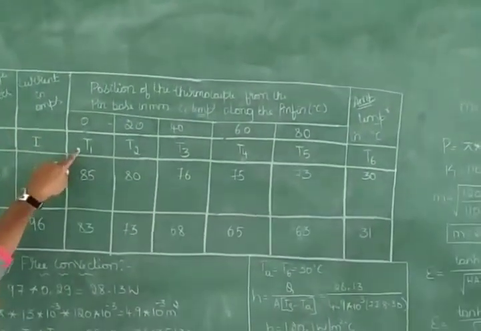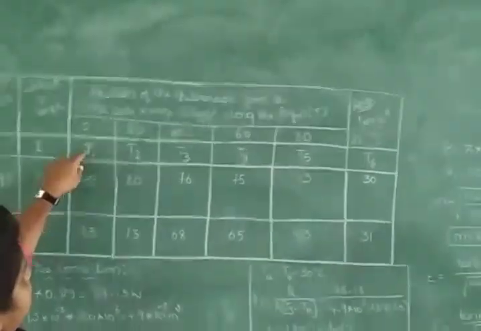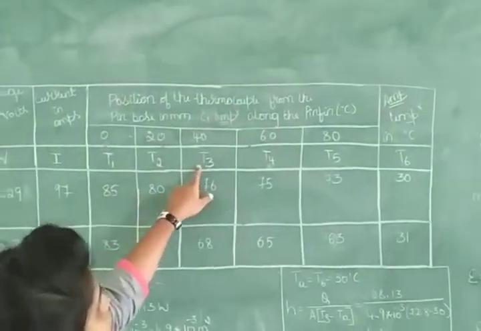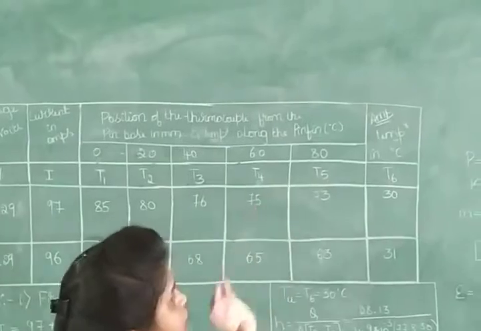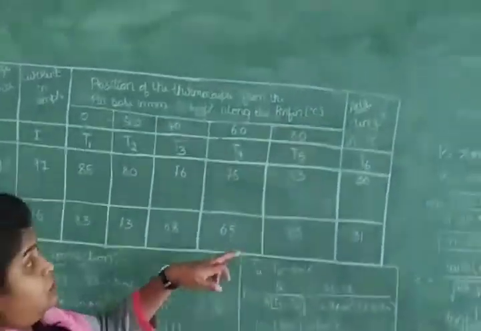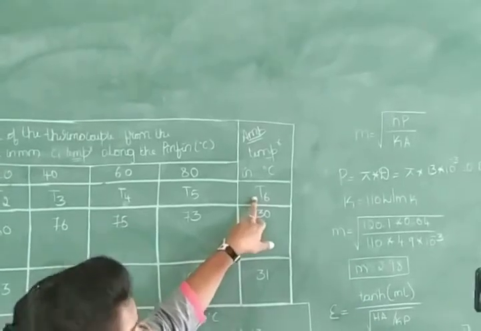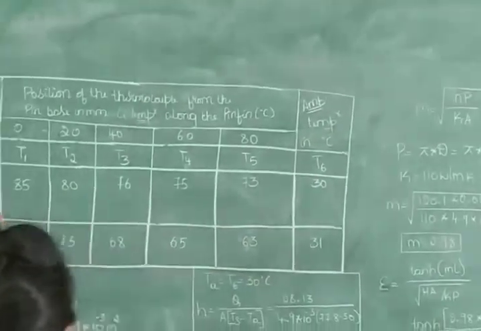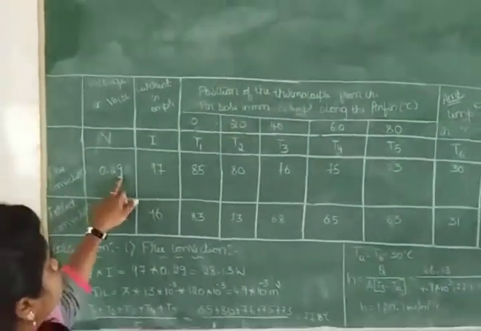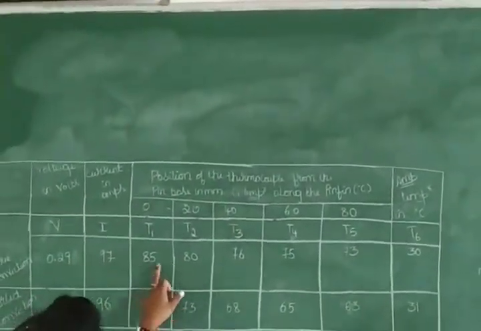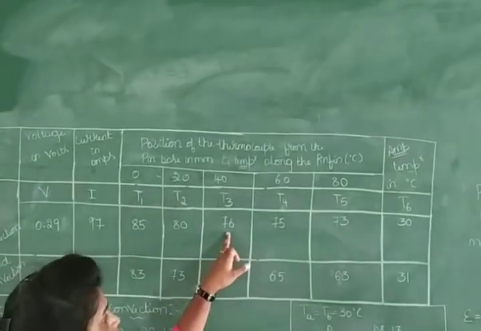So at length 0 we will be having a T1, and at length 20 mm we will be having a T2, like T3, T4 and T5. So next we will be having ambient temperature, that is TA, or else you can take it as T6. So the values we got: voltmeter reading is 0.29, ammeter reading is 97, T1 is 85, T2 is 80, T3 is 76, T4